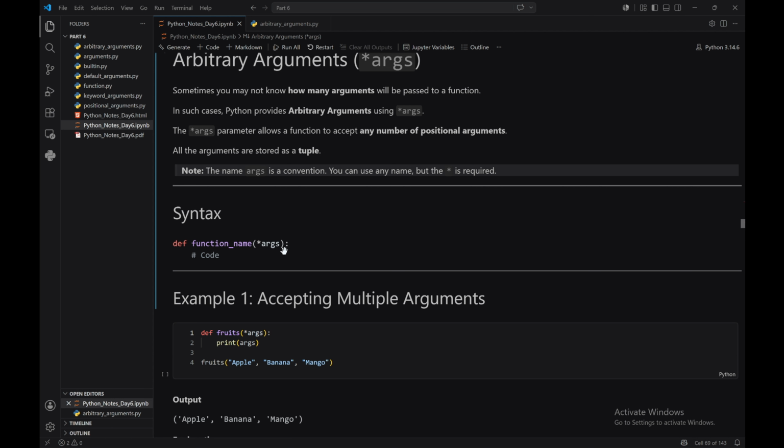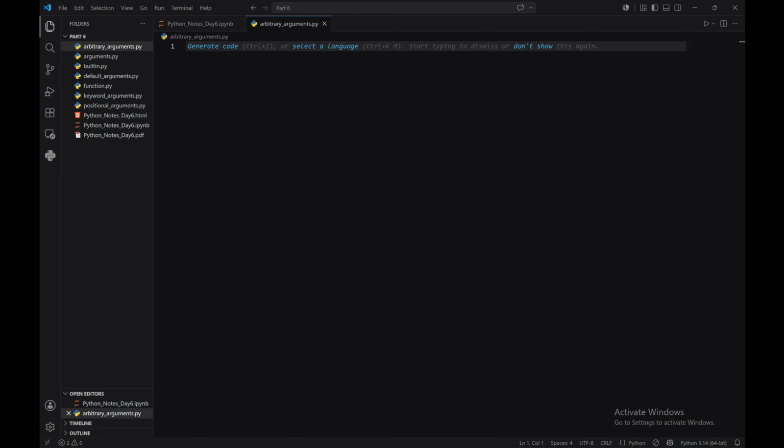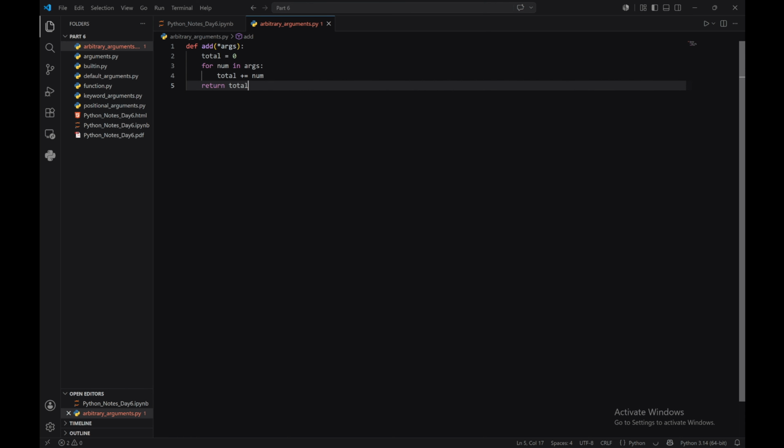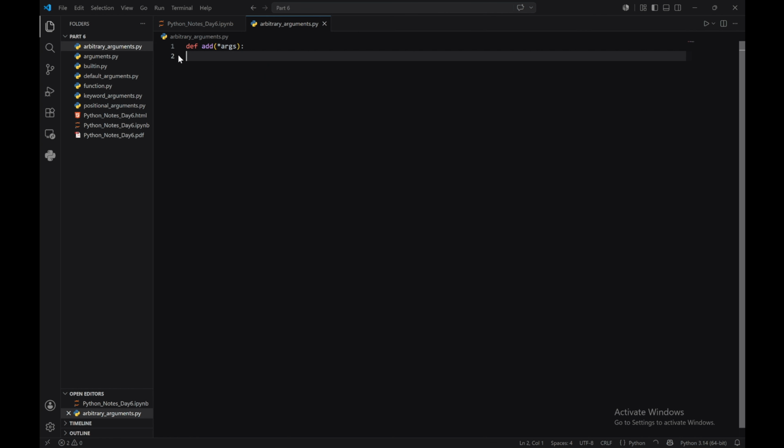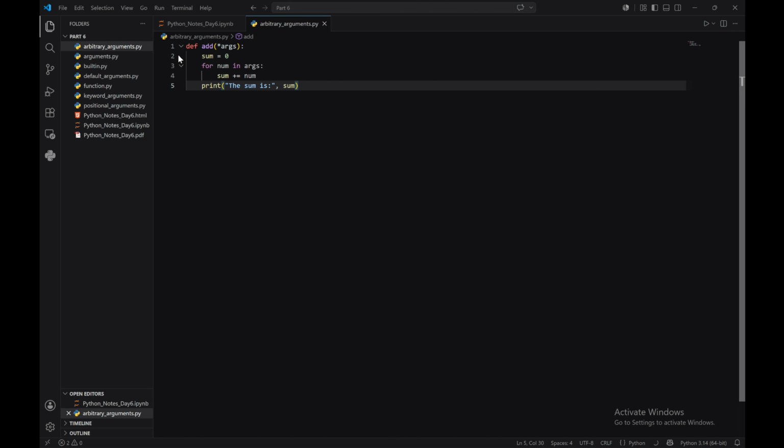So, such as like this, if we create a function named def add with star r, then sum equal 0. For number in r, sum equal sum plus number, and then print the sum is here. So if we call add with some values,